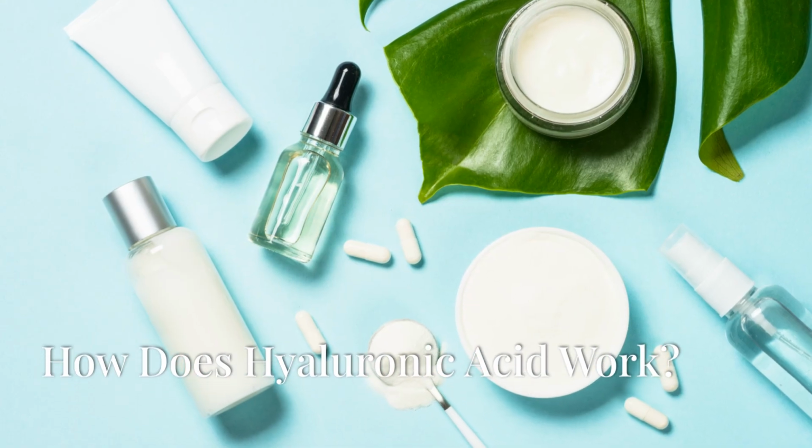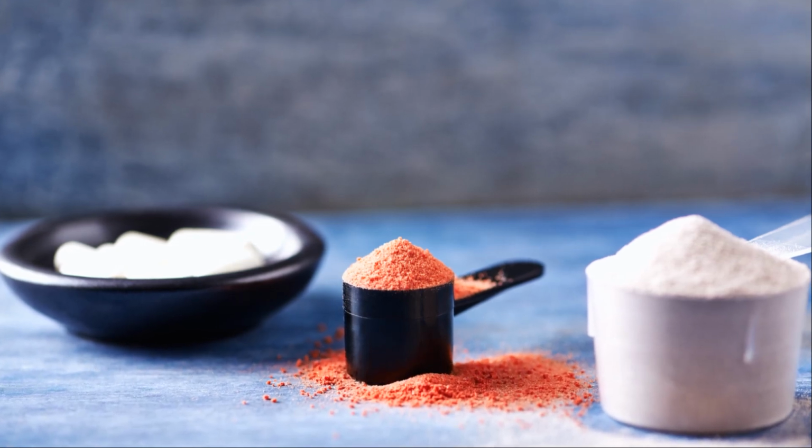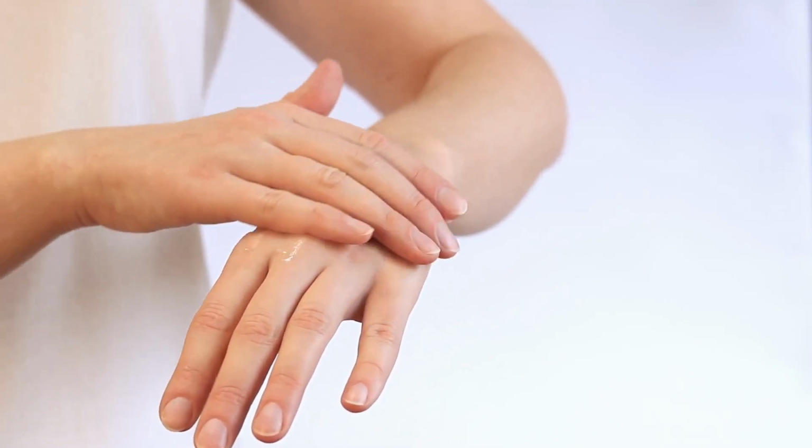How does hyaluronic acid work? So, how exactly does hyaluronic acid work its magic on your skin? When applied topically, hyaluronic acid sits on the skin's surface, creating a moisture-retaining layer that keeps your skin hydrated throughout the day. It also penetrates the upper layers of the skin, replenishing lost hydration and helping cells maintain their optimal